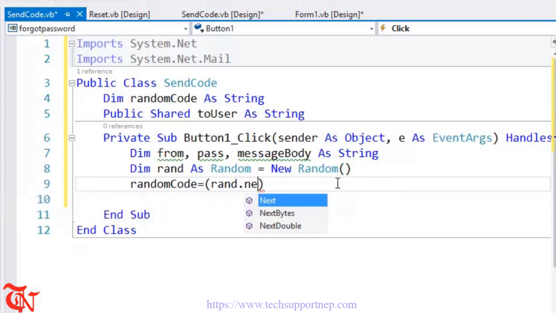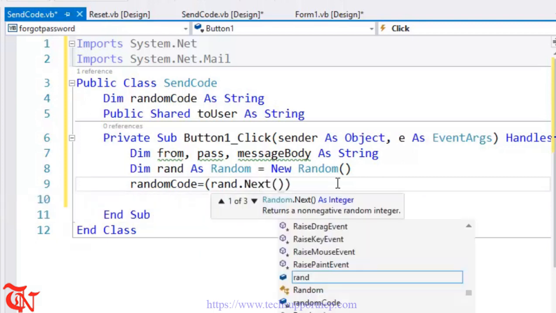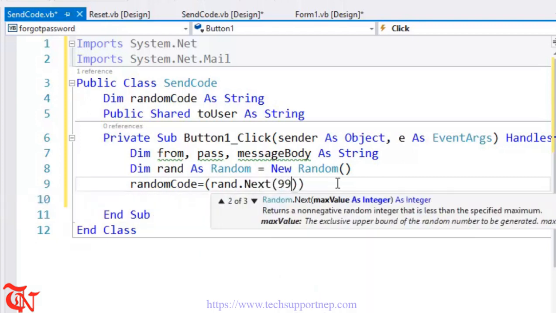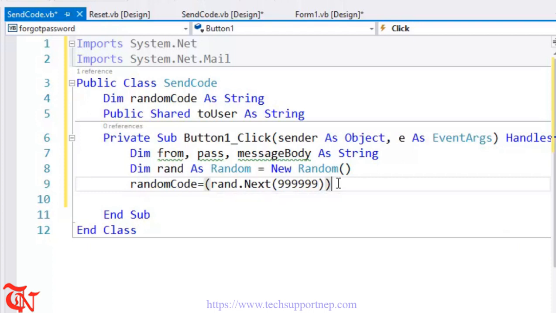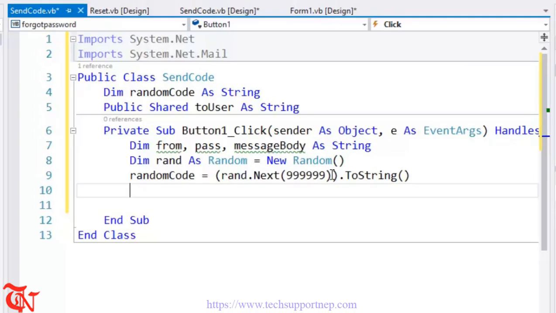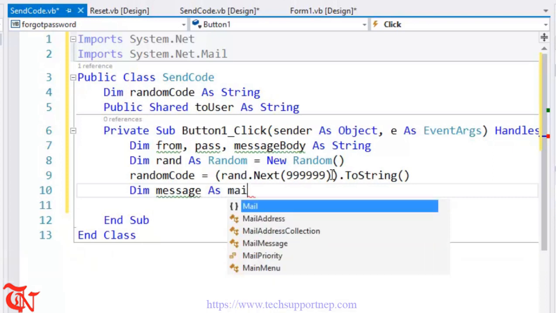.Next, the upper bound is 999999, meaning we are going to generate a random number from 0 to 999999, and we need to convert this into string, so ToString. Now we need to use the MailMessage class in order to send the mail from VB.NET. So Dim message As MailMessage